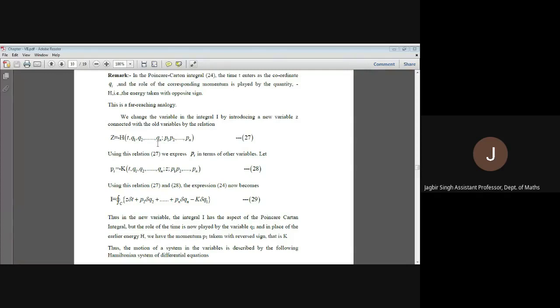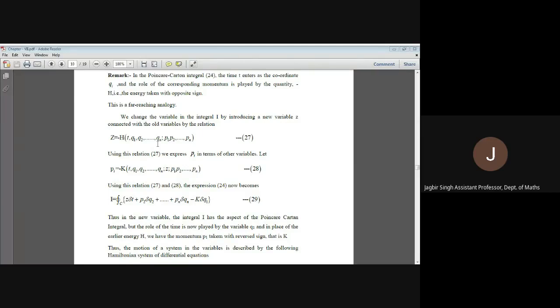Now, from this relation, we can solve any of the coordinates in terms of the others. Like we can solve pi in terms of t, q1, q2, ..., qn, and on the right hand side Z will be involved, and after that p1, p2, ..., pi minus 1, and then pi plus 1, ..., pn. So any variable can be expressed in terms of the remaining variables and the function Z. Assume that this new expression is denoted by minus k. If it is so, then